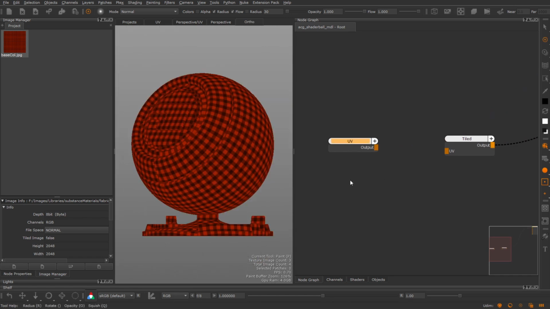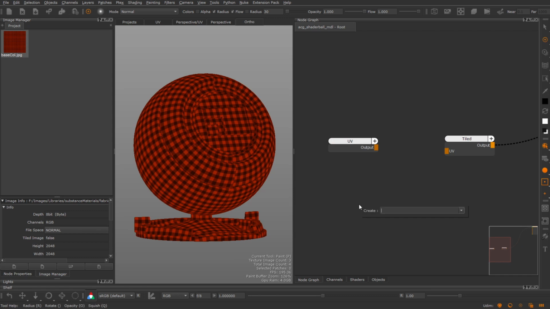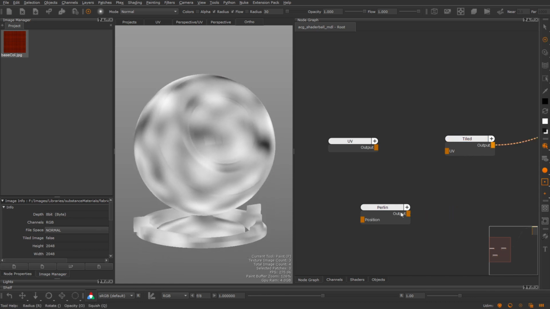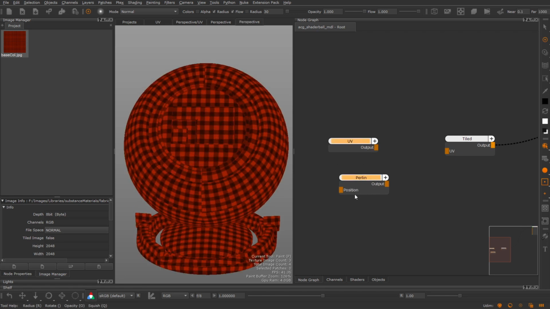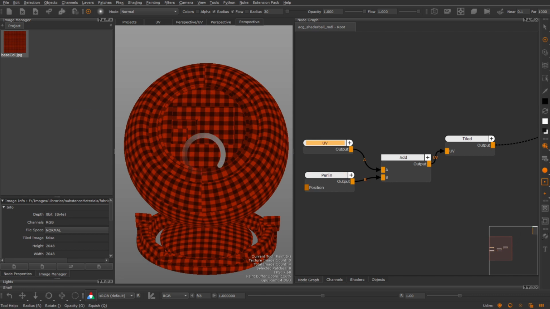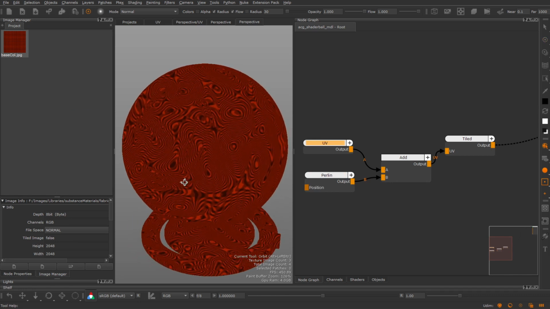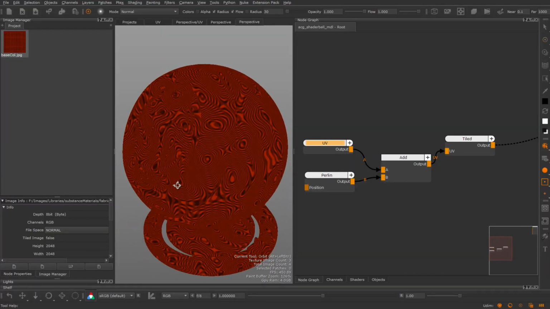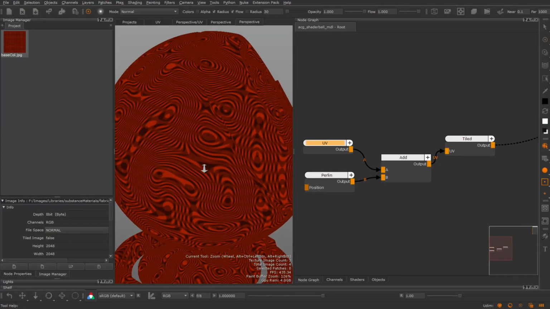Next, let's grab something to warp our texture with. I'm going to use a Perlin noise for a nice soft, warpy, wavy effect. But you can use any noise, image, or procedural texture that you want to use. All we have to do is take our UV and our Perlin and combine them together using an add or a multiply or something like that, and boom, you got a warp node. And that's it. Funky. Just kidding, it's maybe a tiny bit strong, so we should probably set up some power